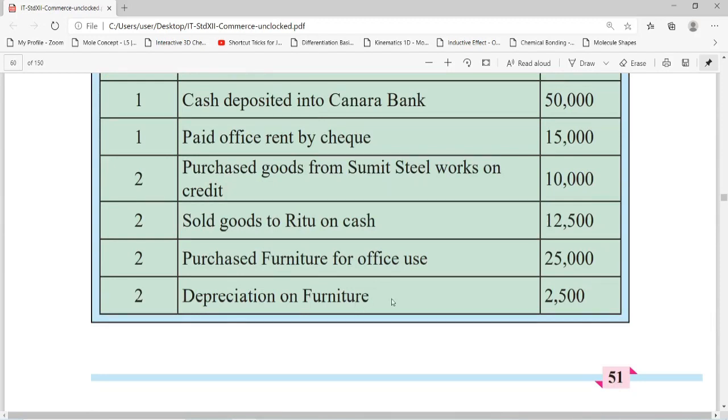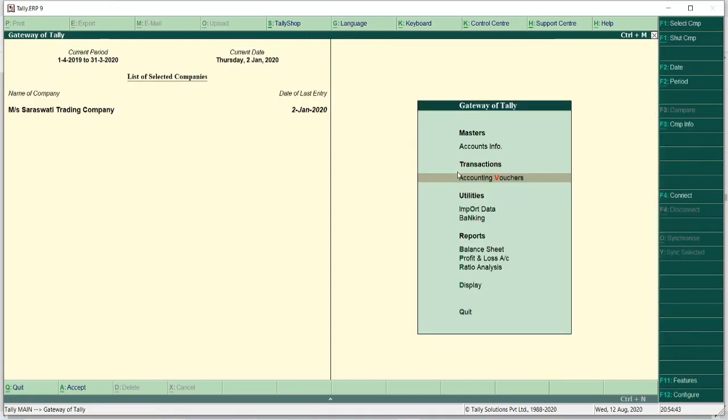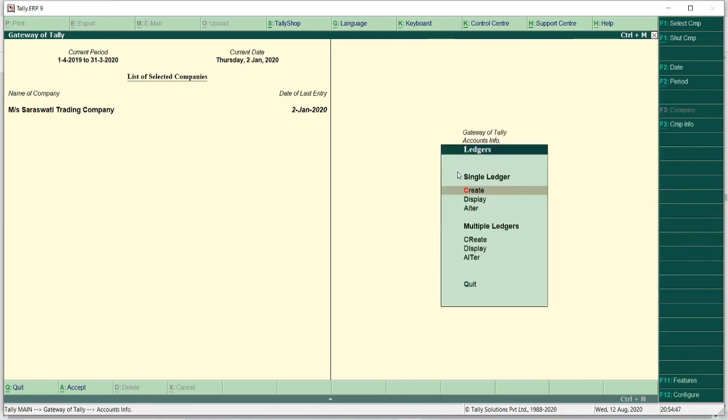So depreciation on furniture, the entry is going to be depreciation on furniture account debit to furniture account. We will go to Tally screen, and I have to create depreciation on furniture account. I will just quit from here. I will go to accounts info, ledgers, and create.